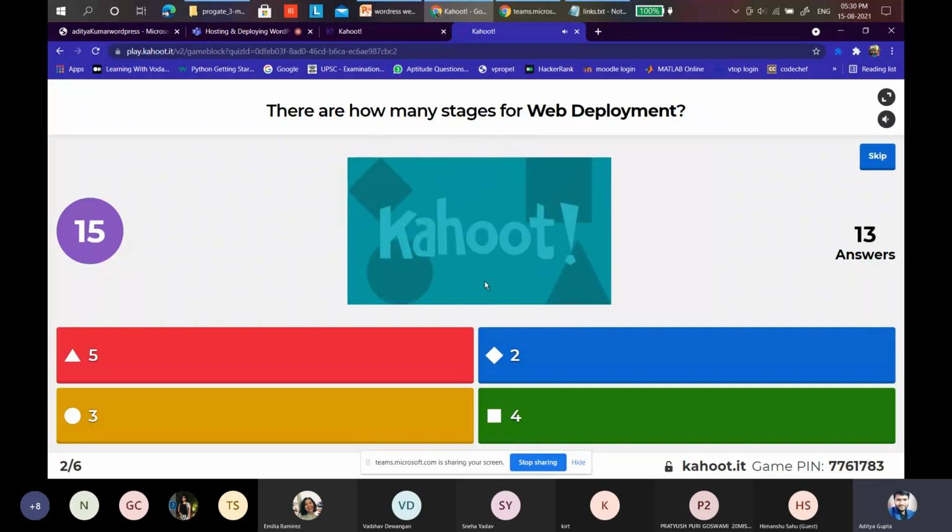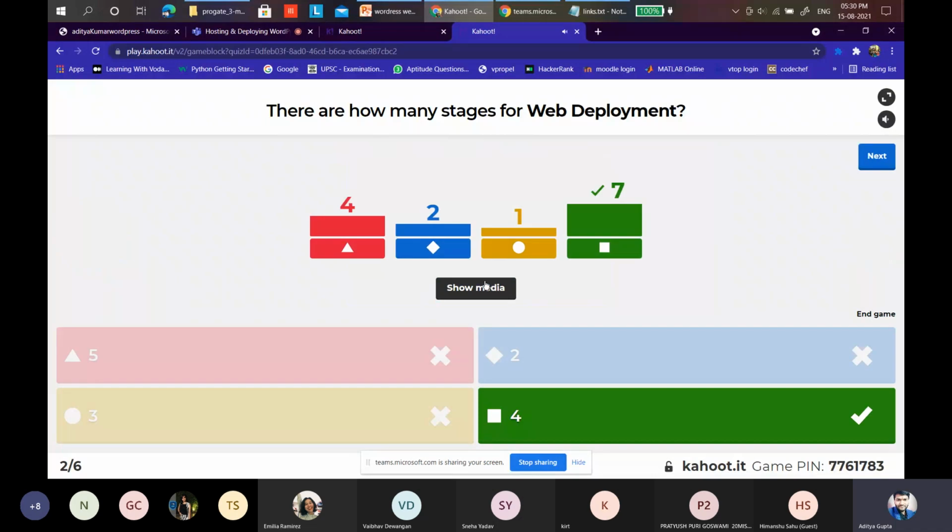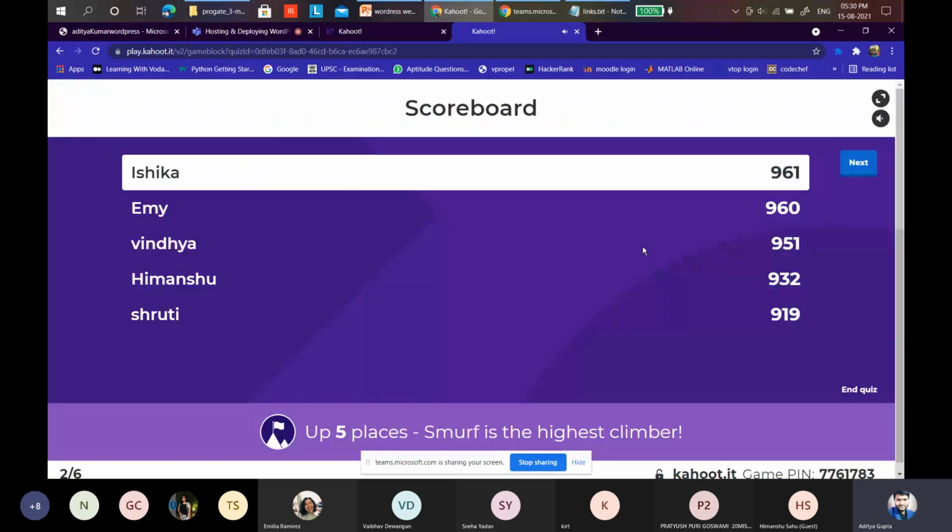Let's wait for 15 seconds then. 3, 2, 1, 0. Okay, most answered correctly. Let's see who's on the top now. Ishika, Imya, Shruti, Deshpans Pandey, Gautam. Okay, just good.